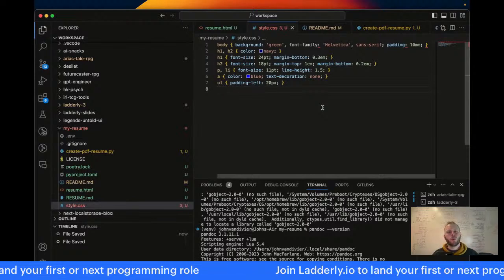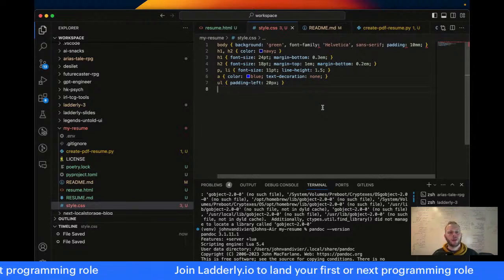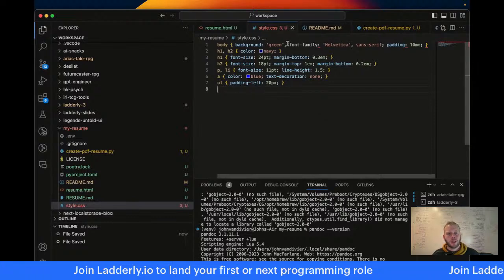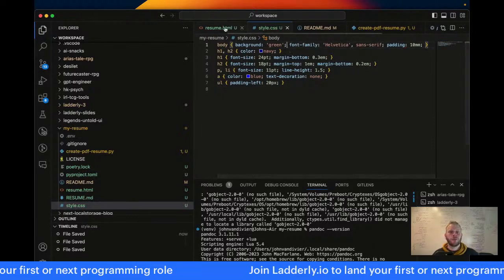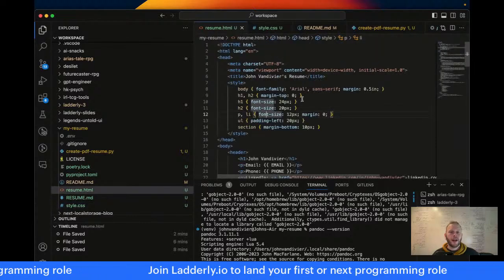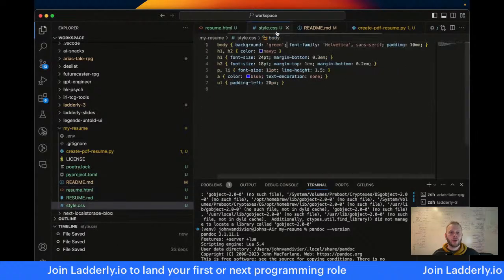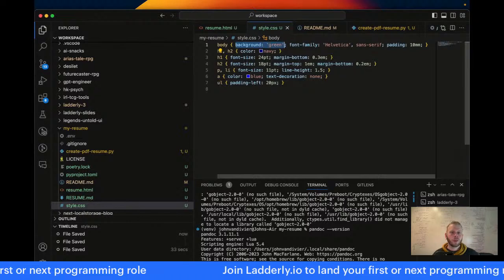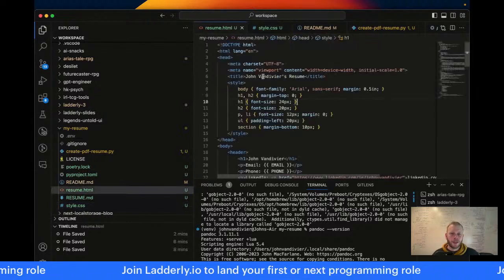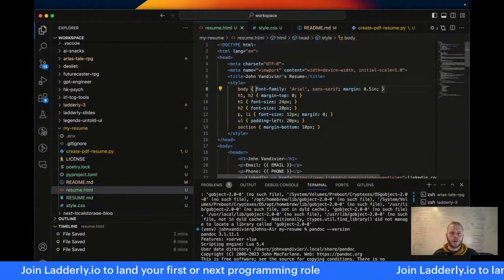What I'm doing here is I want to check whether, that should be a semicolon, not a comma. I want to check whether this styles.css will override this stuff. So here I'm doing background green. Like, do I really need style.css at all is my question. And here I'm doing background